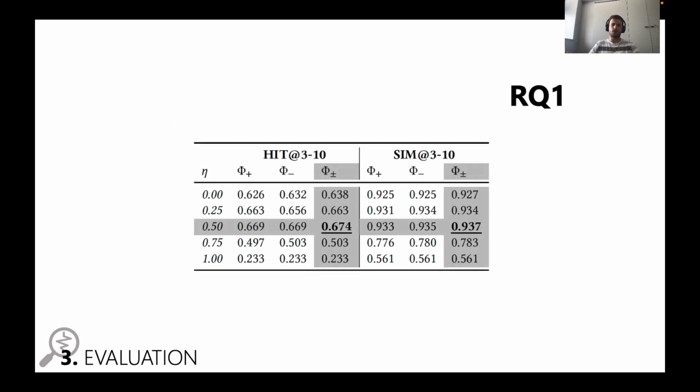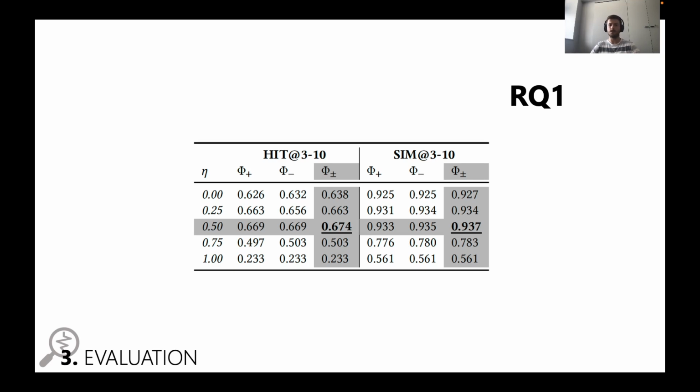You can obviously find more details in the paper regarding the conducted experiments, but to summarize, as shown in the table, the first part of the evaluation allowed us to find the best configuration for the ATAP algorithm. In particular, the promote and penalize policy performed better in terms of hit rate and similarity with the target item. And in general, ATAP performed better when considering both the current intention of the user and their long-term preferences with the same weight.